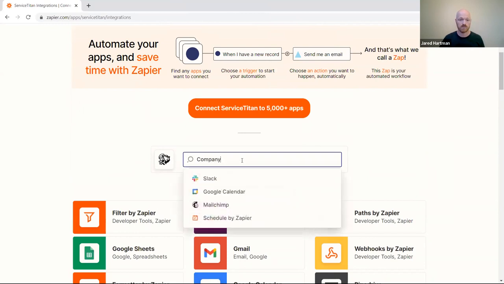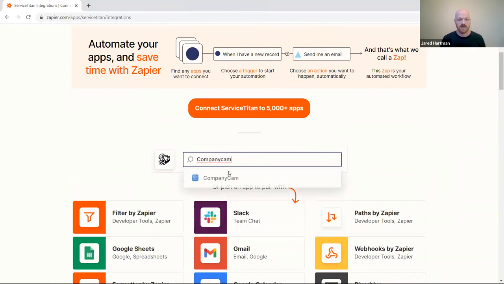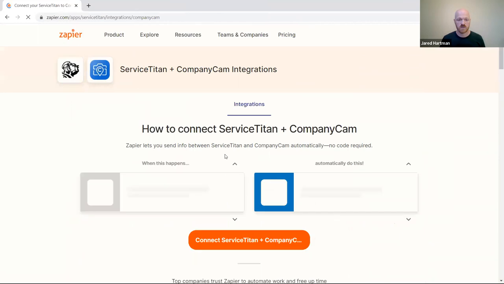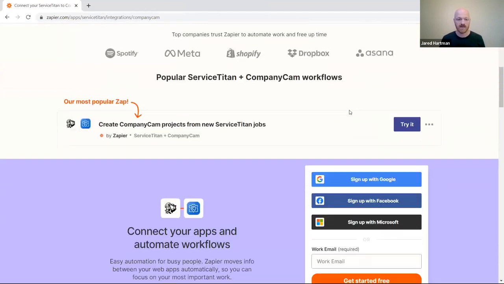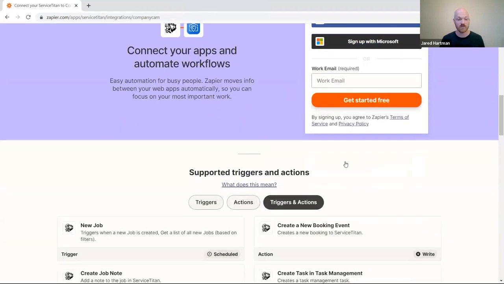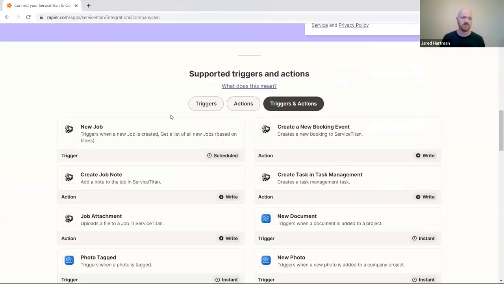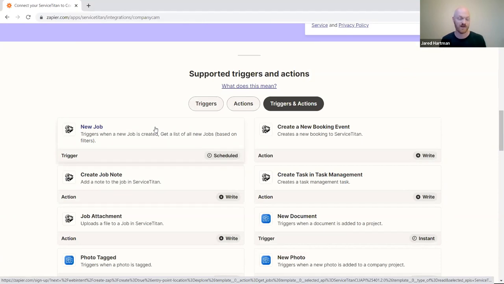Just type that in, let it do its little search, click on it, and it will create this custom page right here that shows you how to connect ServiceTitan and CompanyCam. Now, one thing that is nice with ServiceTitan is that it can do both sides of the integration. So you can create two Zaps to create a new project in CompanyCam when there's a new job